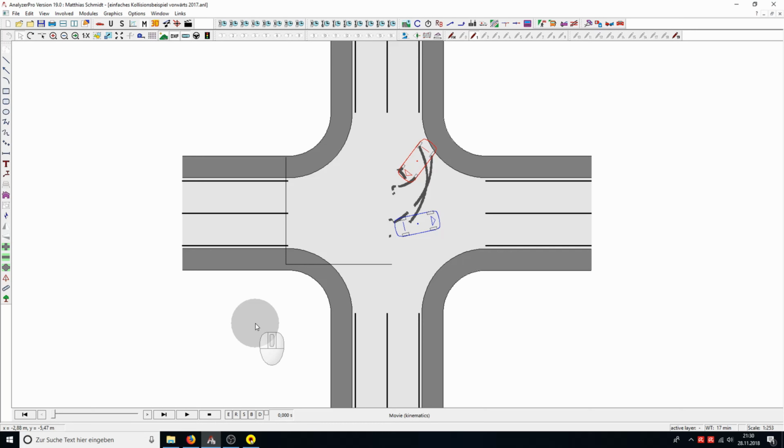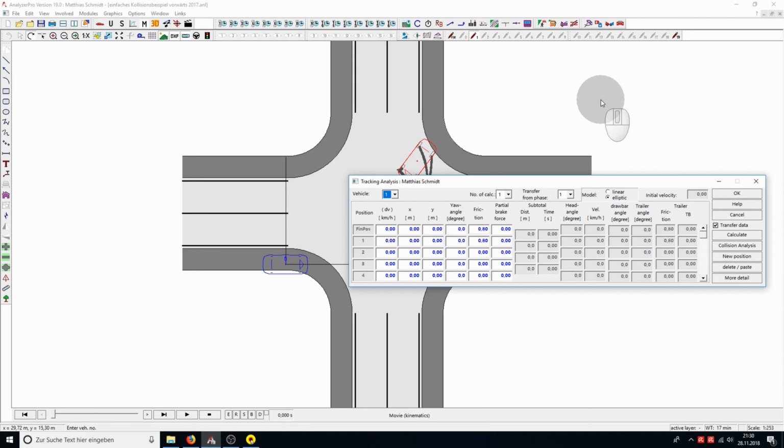In this tutorial, you will learn about tracking and collision analysis using the momentum backwards calculation. This tutorial is valid from AnalyzerPro version 19. You can open the tracking module via the corresponding icon in the taskbar, or via the Modules and Tracking Analysis